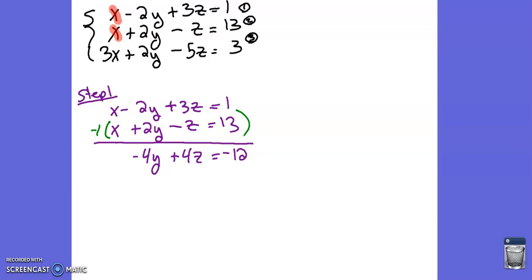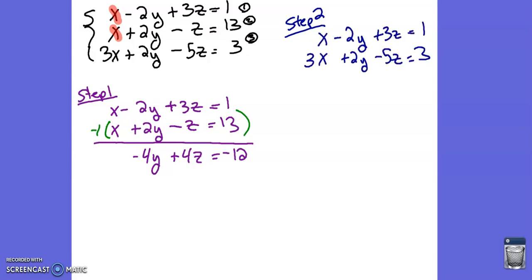Now the plan of attack is to do the same thing and eliminate the x's again. And so here's my step 2. I'm going to choose 2 other equations, and then I'm going to eliminate the x's. And again, you could choose equation 1 and 3. All right, so here's equation 1 and 3, and notice if I try to cross out the x's on this,